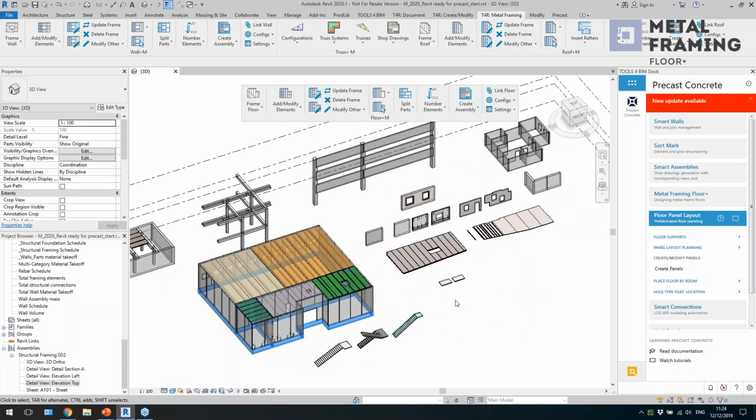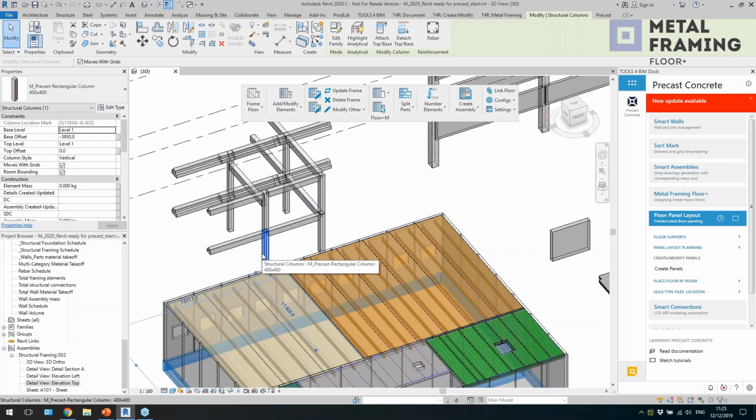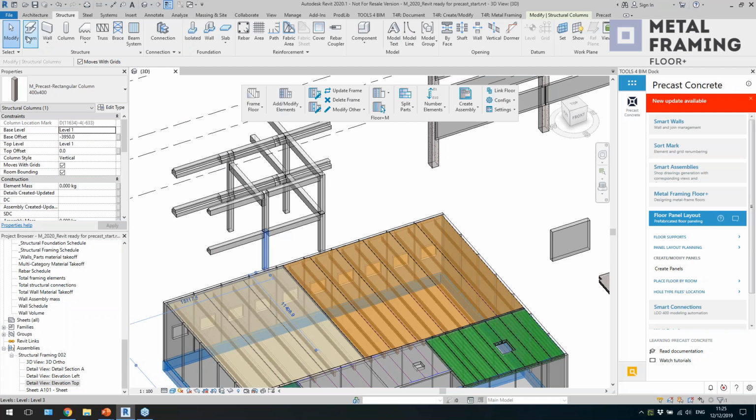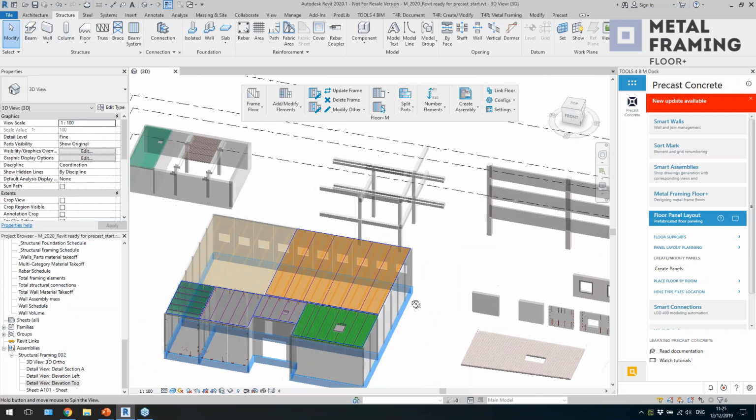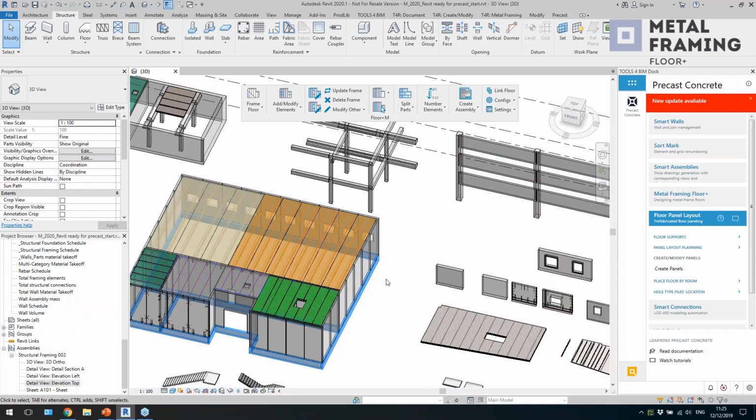Okay, so we have created walls, some connections and floors. Beams and columns are really easy to create with Revit tools, right? You have the beam and column tool, so it's not a problem. You just pick the section, what it should be. And then, all right, so